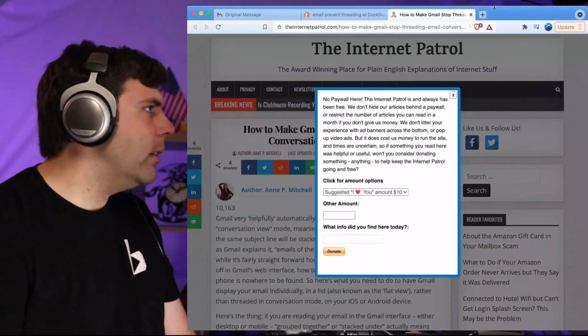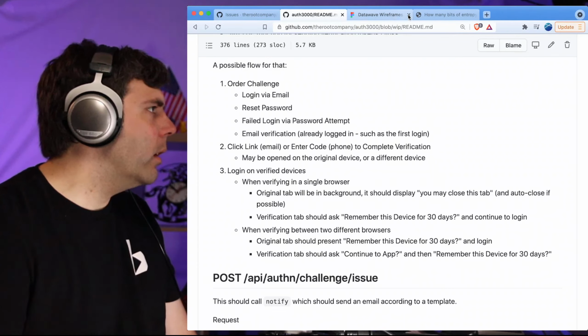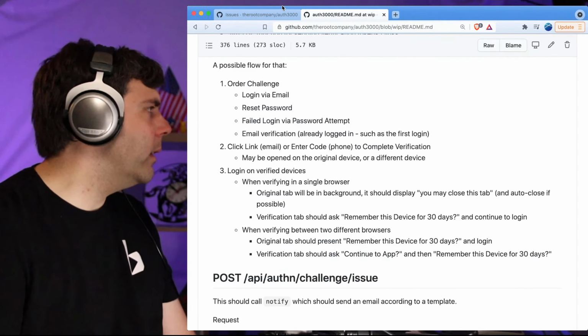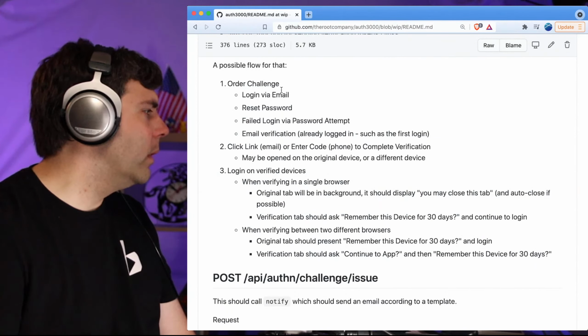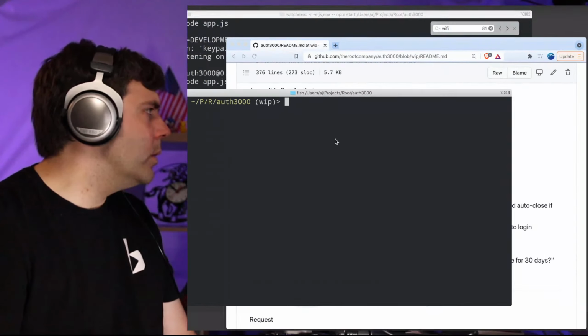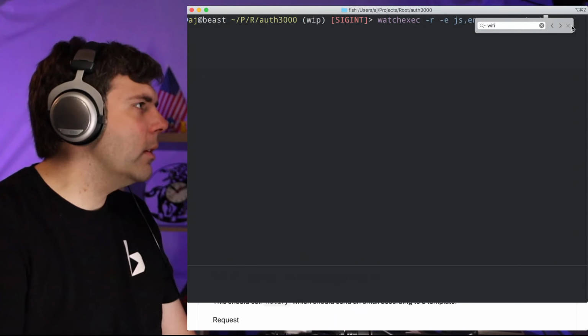Okay, I don't think I actually need that up anymore. Let me get that out of the way. Close out of this, close out of this, close out of this. And we can close out of this too. So I've got my server running. I haven't restarted this in a couple of sessions now, so I'm just going to show you what I'm doing